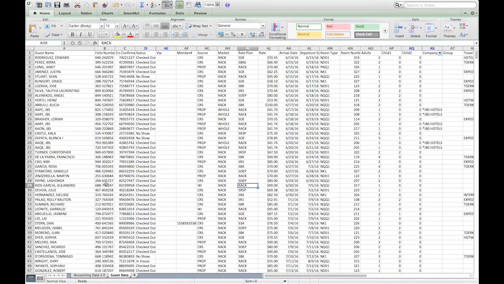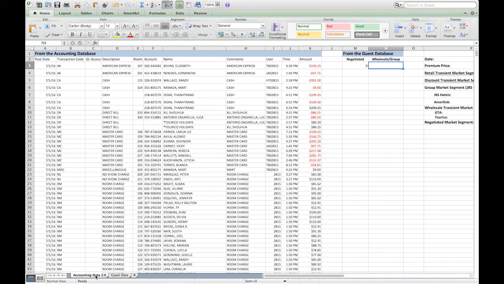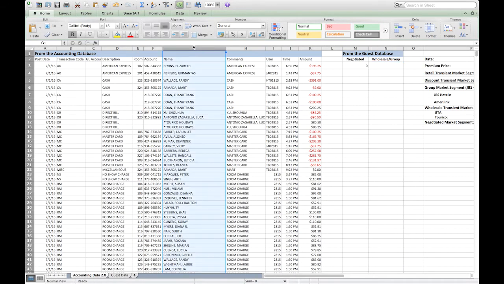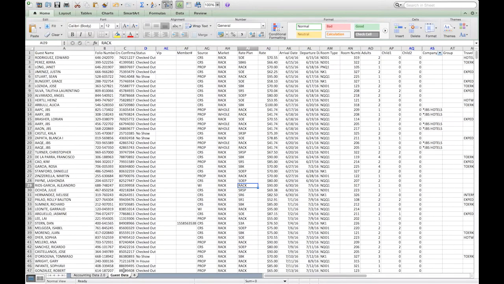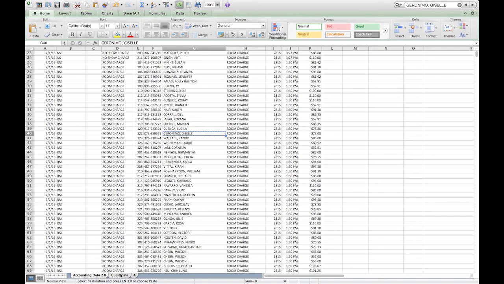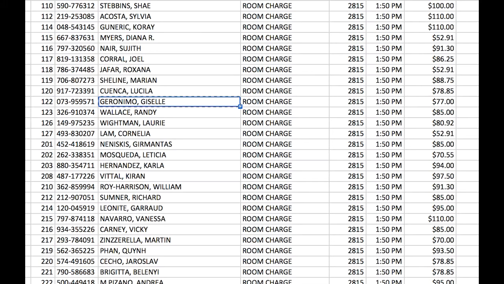Well, obviously it's the guest name, right? You see it in the column here in the accounting tab, and you see it in the column here in the guest tab. So this is what the formula does. We're going to use what is known as a VLOOKUP, and I talked a little bit about it last week, but if we use this transaction as an example, it first takes this guest name here,